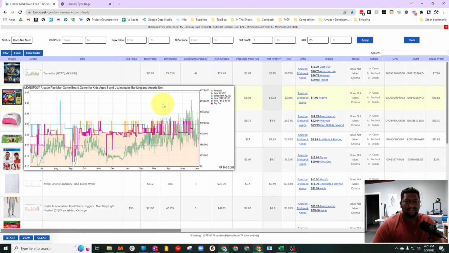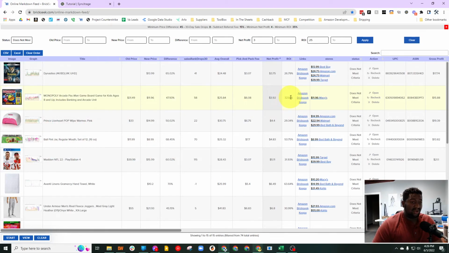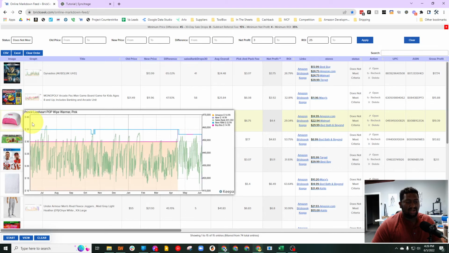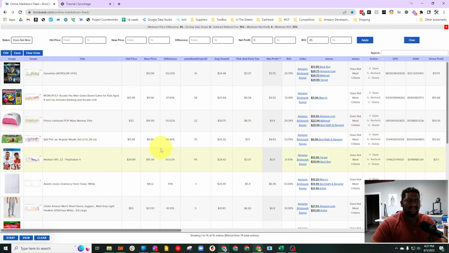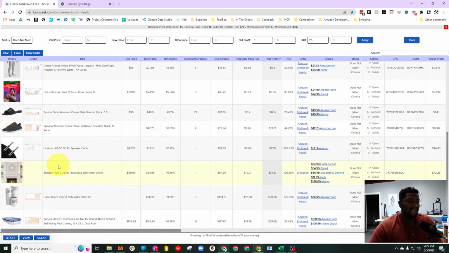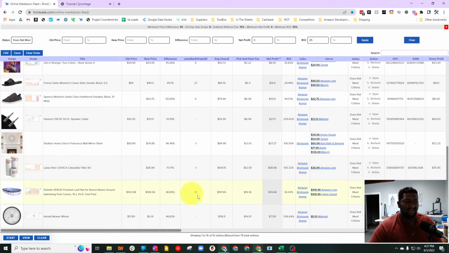Pac-Man Monopoly board game. So 32% ROI is not bad for a $4 net profit. Now, you may have to pay taxes on that, so it may not work at Macy's. But if you have some Macy's Star Cash, that may turn an unprofitable lead into a profitable one. And again, I like my tools to be flexible, to not put me into a box, but at the same time be quick and agile. That's why I like this search selector up here. And that's how I'm typically making buys off of the does not meet criteria.